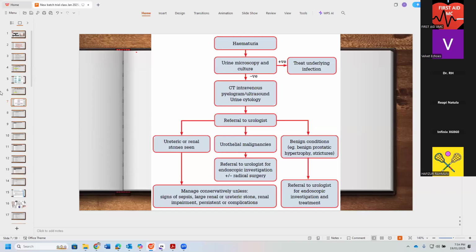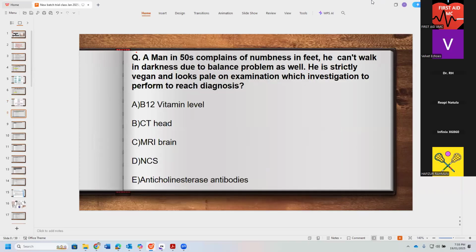It's the same that we did yesterday. So we have to make sure if hematuria is there, we have to make sure urine microscopy and culture is done. All right. Next question. When they say exam in this case, exam does not pertain to investigation, Dr. SP. Exam means physical examination and vital signs.